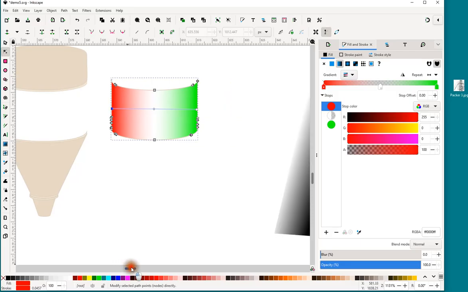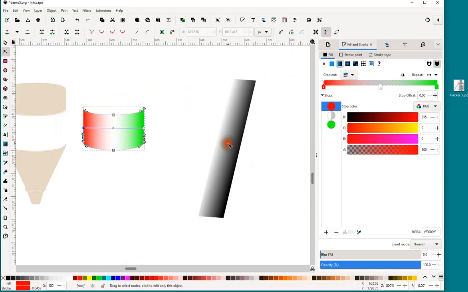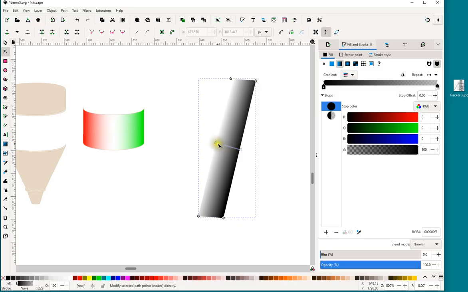So if I go to the right a bit, here is an item which also has a gradient, and you'll see now the gradient is perpendicular to the actual item. So if I move it, you can see what happens to the gradient there. If I move it this way, it actually goes to white. So the edge of the item moves as well. So you'll see that. So if I just put that back there now,